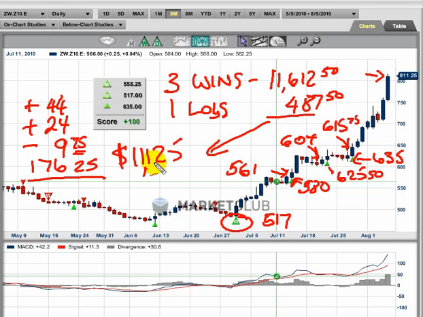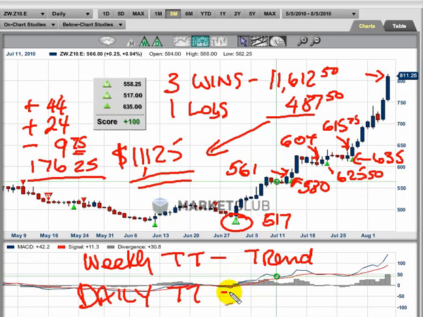Now we explain in detail how you use our trade triangles, how you can follow this World Cup portfolio that we've developed at Market Club, and exactly how we trade. We use the weeklies, so here we are. We use the weekly trade triangles for trend and the daily trade triangles for timing. It's really that simple, and that's how we do it. We've explained this several years ago. We keep explaining it. And what you have to do with this type of approach is be consistent, be in the market, and get ready.